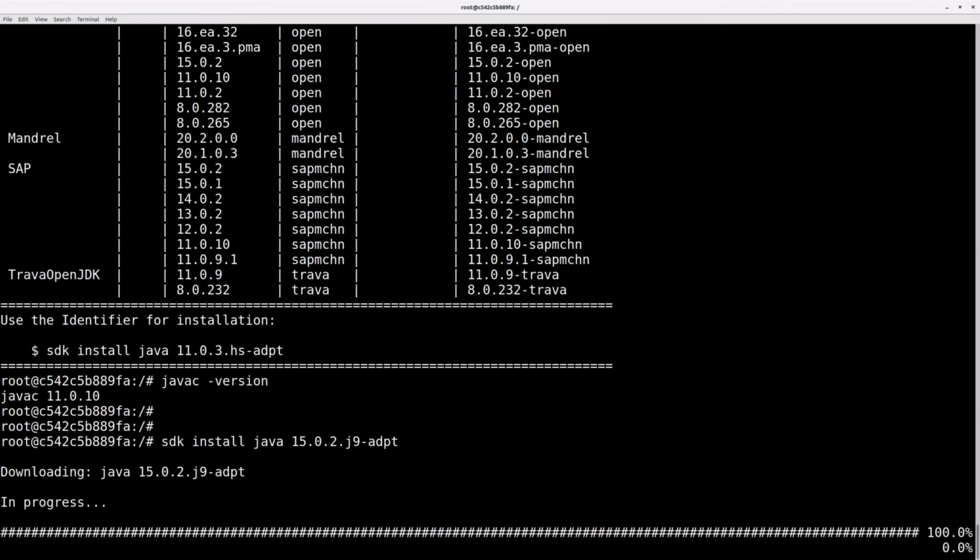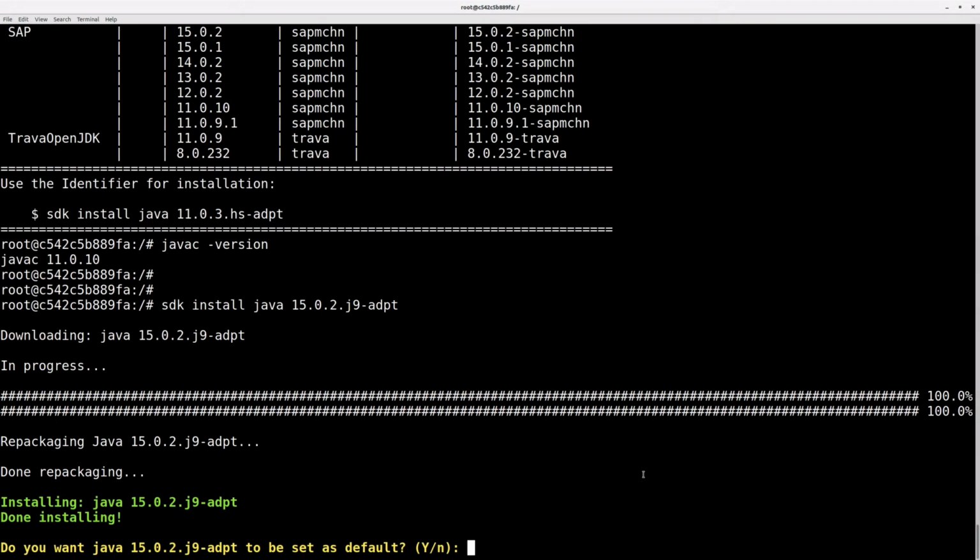This is going to trigger the installation process again and we just need to wait for it. After finishing the installation, SDKMan is asking us if we want the just installed JDK to be the default one. I'm going to answer no,